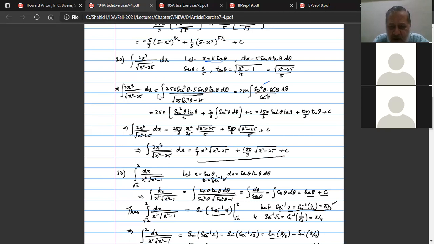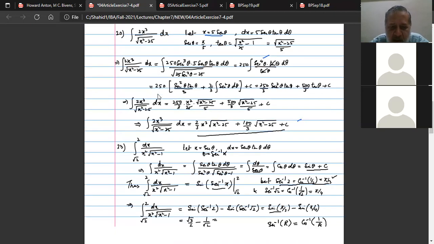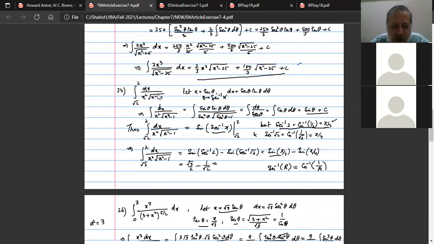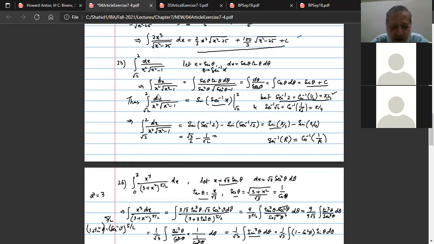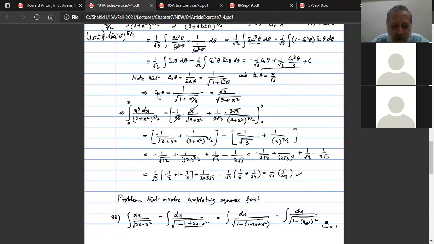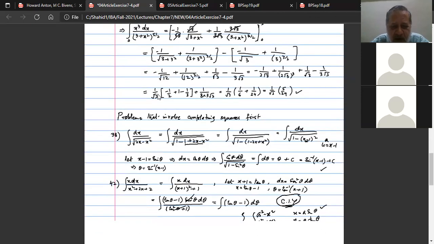Once everything is integrated, the result is in the form of secant theta and tangent theta. Wherever there is secant theta, we'll replace it by x by 5. Wherever there is tangent theta, we'll replace it by square root of x square minus 25 whole upon 5. And that gives this result. So these are the cases that are in exercise 7.4. But there are some other problems